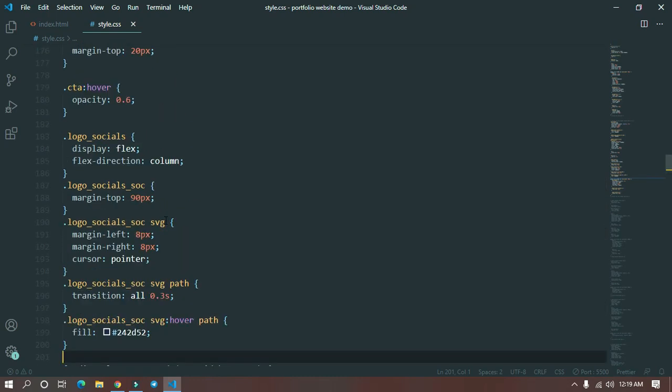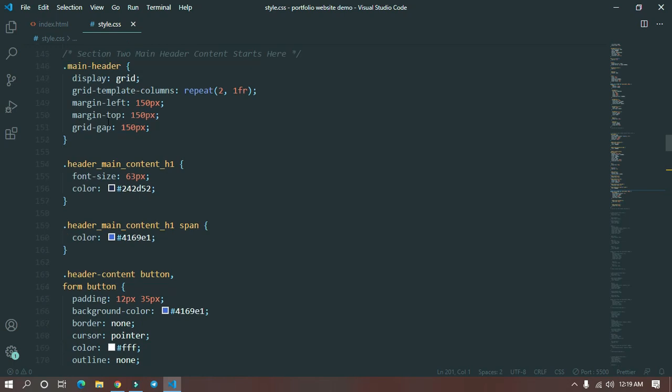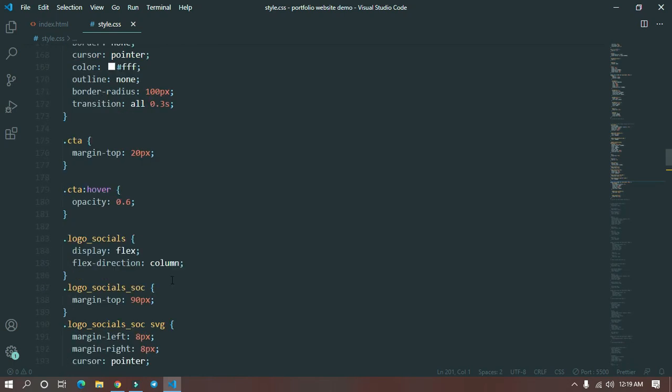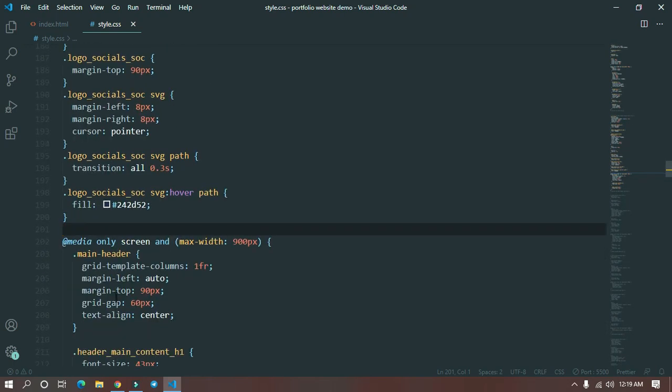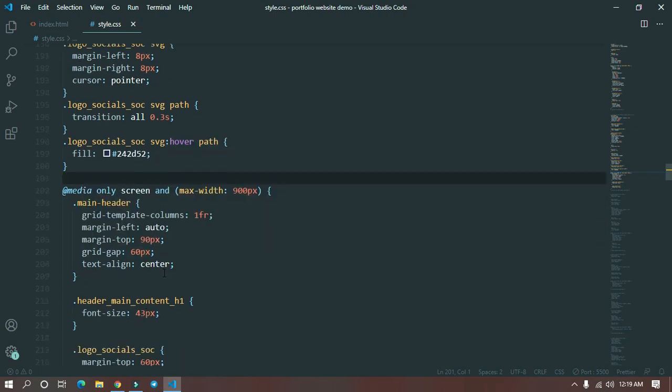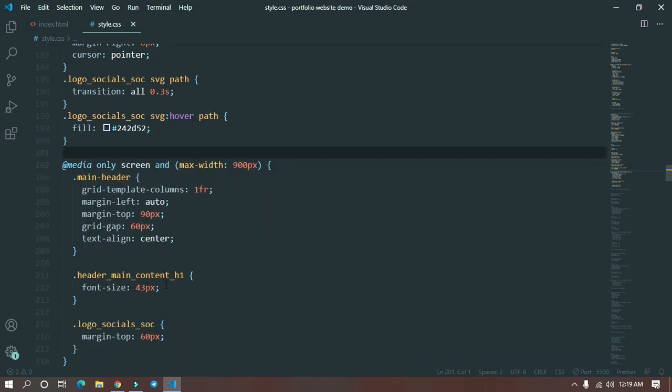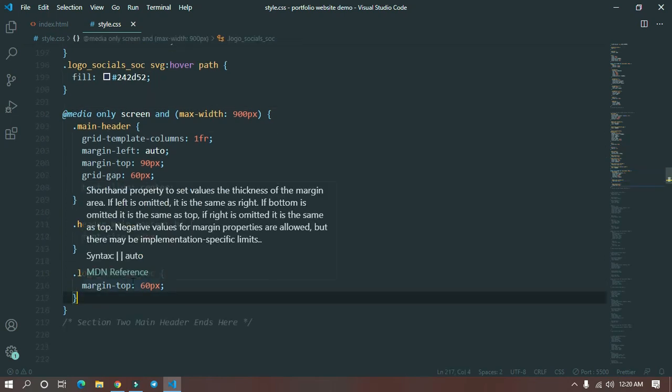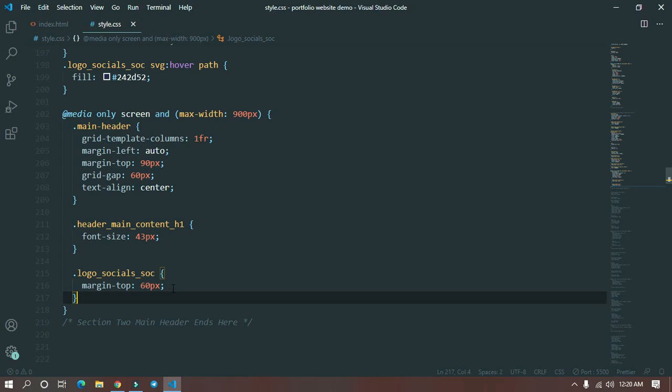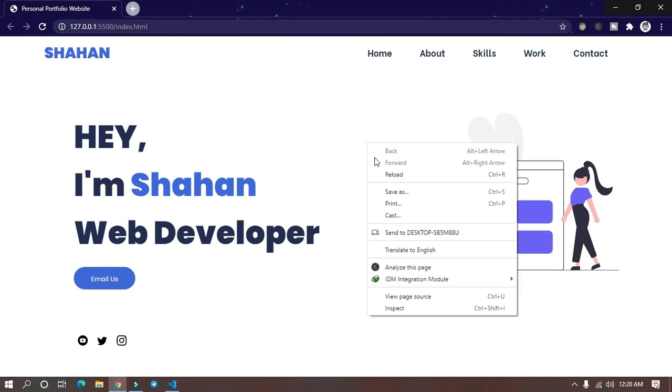The margin-left, which we had given as 150 pixels, should be changed to auto. Margin-top 90 pixels, grid-gap should be 60 pixels, and text-align would be center. For the h1, font-size should be changed to 43 pixels, and for the social media icons, margin-top 60 pixels. Now let's check it below 900 pixels.